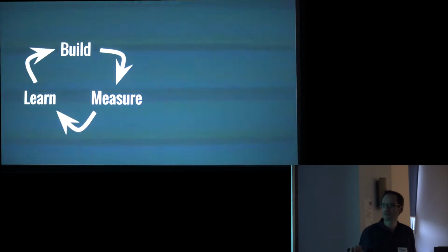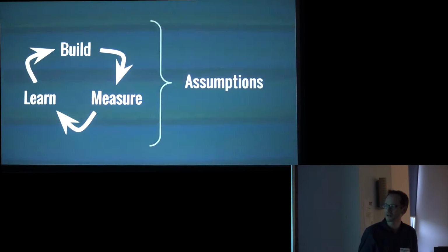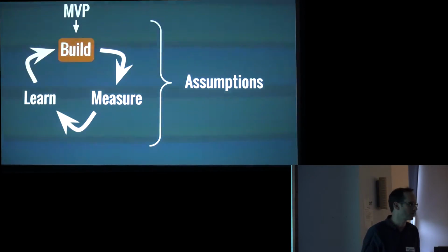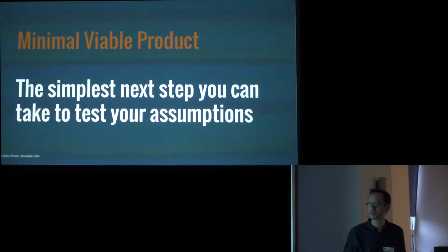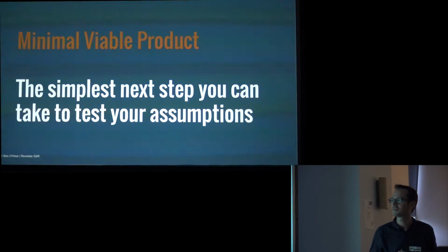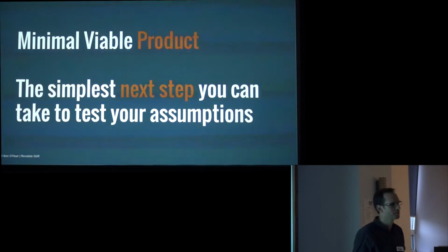this was the process that Ralf introduced before, which is the basic Lean Startup loop. So build, measure, learn, and all the while you're validating assumptions with this. MVP is quite simply the build part of that loop, which gives us the following definition: the simplest next step you can take to test your assumptions. Now, the eagle-eyed amongst you might have noticed a discrepancy here, namely between talking about a product or a next step. And the product bit is perhaps what created the most confusion with the MVP, which is why you have situations like the ones I described at the beginning.